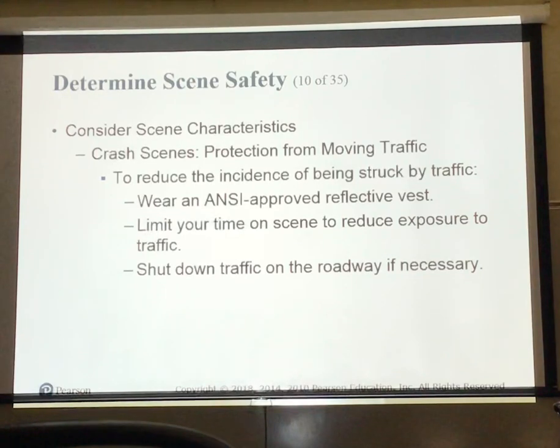There are well-documented incidents of EMTs being killed or severely injured by vehicles crashing into emergency personnel and emergency vehicles at a crash scene on a highway or road. This happened probably about 6 years ago in Jackson. There was a paramedic. She was out working on a victim of a wreck. A drunk driver came by, plowed her over. She lived about 6 years before she died. It was not good.